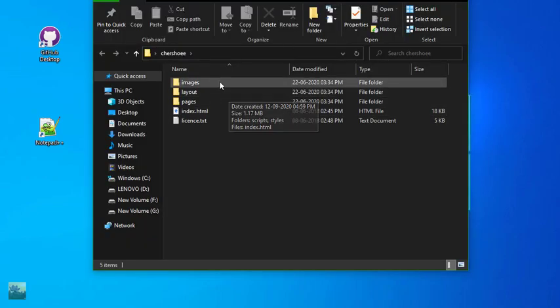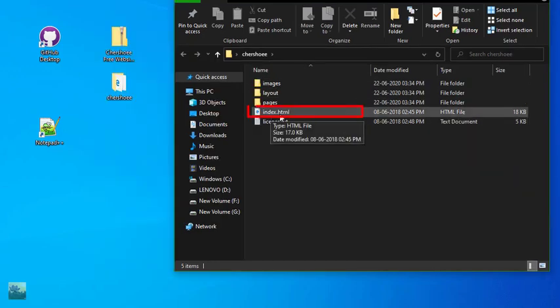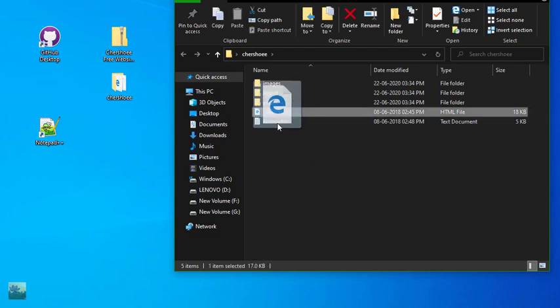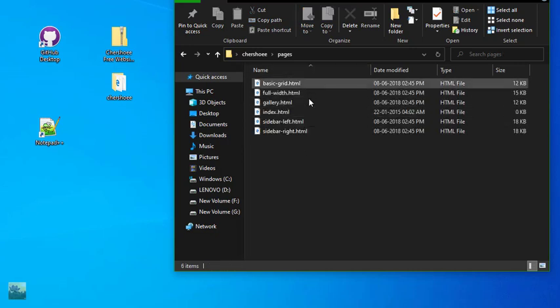After opening it, you should find this type of things. These are very, very important. The index.html file is very, very important. As you can see here, it is an HTML file. This is what is used for deploying our website, or publishing our website on the internet, as I told you. It means making our portfolio available as a website through the internet to everyone, like our HR. So to accomplish that task, this file is very, very important. And you can see pages, layout, and also images.